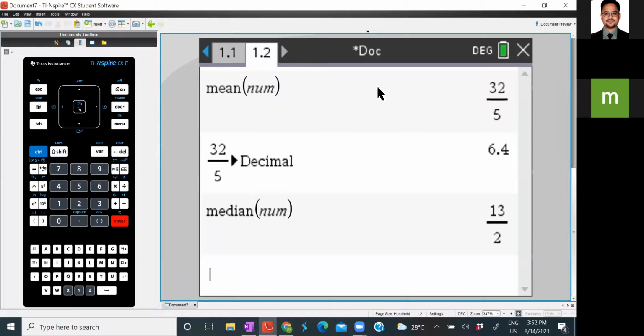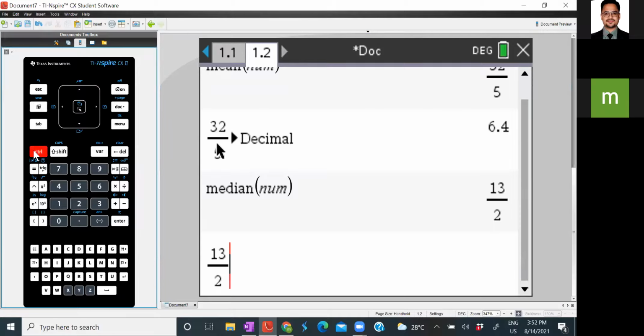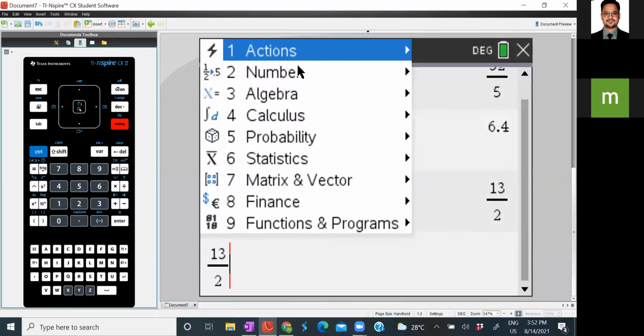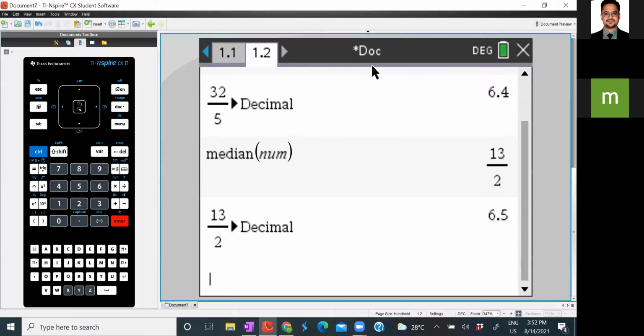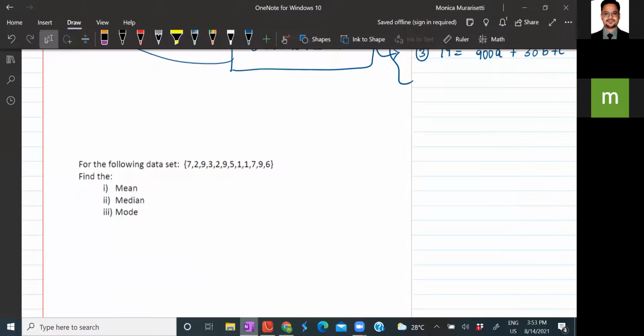And if you want to change this back to decimal value, click up button and then click enter, menu, number, convert to decimal. Got it? So this is how simple it is. Now we can allow you around 2 to 3 minutes of time to copy this data and try it by yourself. And let us know if you have any questions.